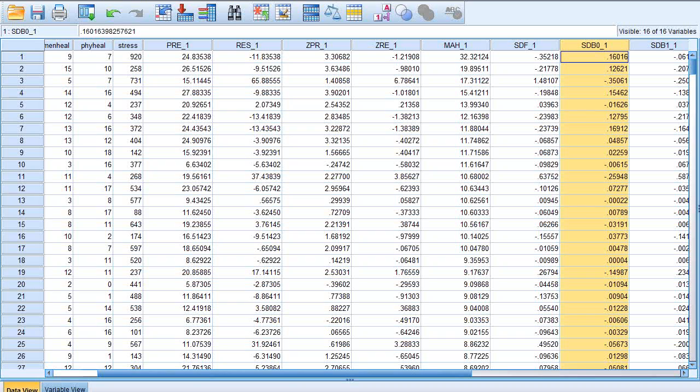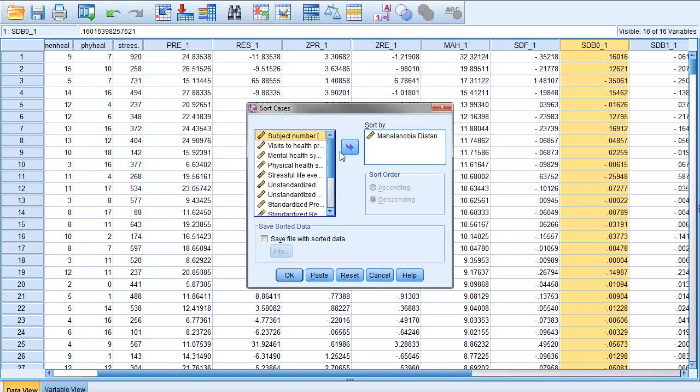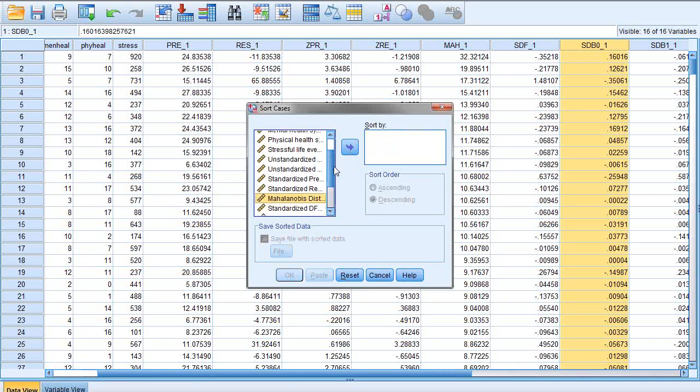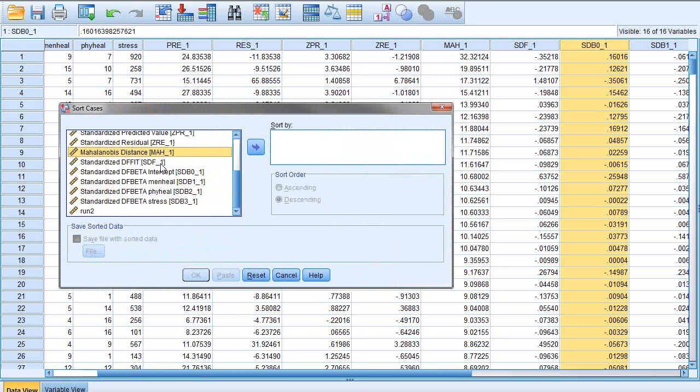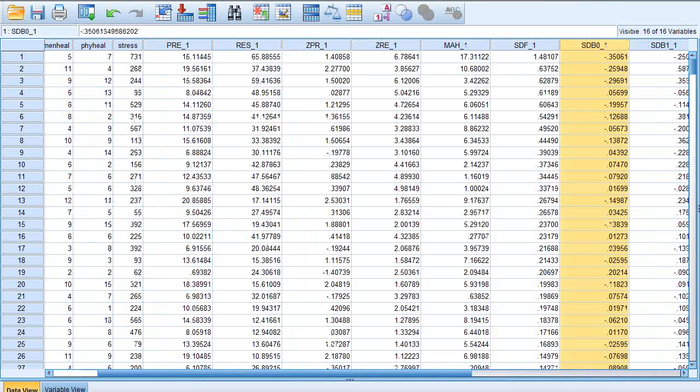So then we look at those pieces of information, right? And we have these values ready to go. We just have to sort the file by those values, okay? And so, again, you can sort them by standardized DF fit, again, descending. In this case, it doesn't matter. I'm just going to hit OK for the sake of time, but always remember to do it in terms of